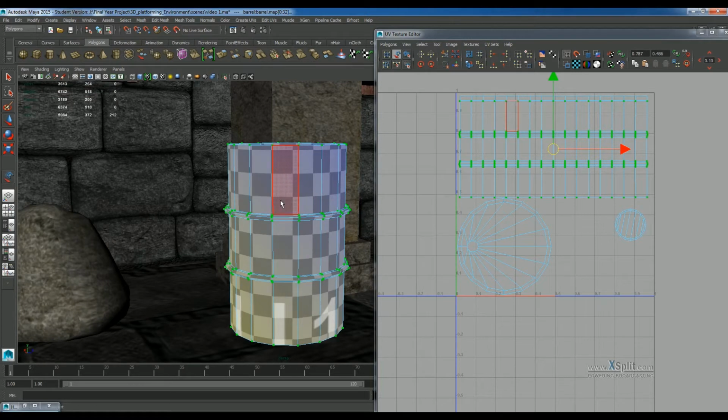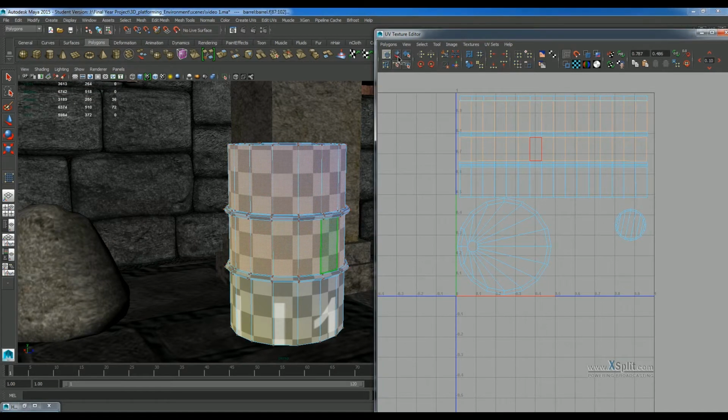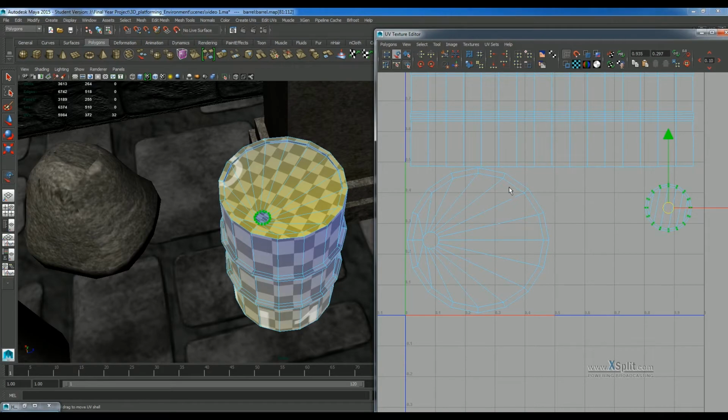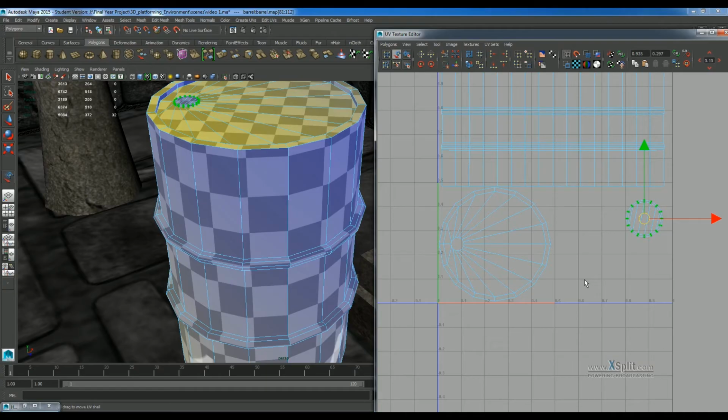So as you can see here, the sides of the barrel are quite large, so the UV shell should be quite large as well. The larger the UV shell is, the more detail you can have on that object. So smaller areas such as the top here don't need to be large at all. It has to be pretty small because no one's ever going to see that detail. The most important aspects of this model is the sides,